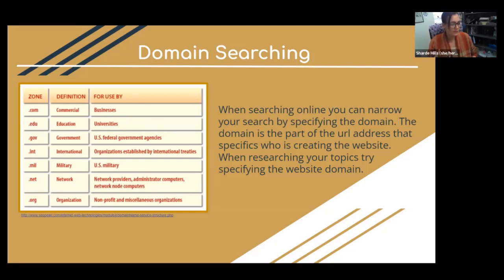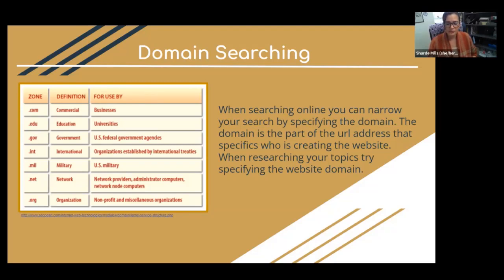.gov is government websites, and then .org are nonprofit websites. Please know that anyone can publish a nonprofit website. So again, evaluate. But the nice thing about nonprofit websites is that they tend to collect reports and statistics. If you're looking for data of some kind, I usually recommend you go to Google and narrow down your searches to a .org, because that's where that information lives.